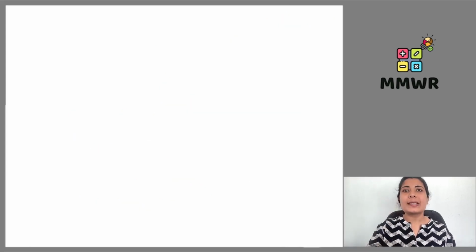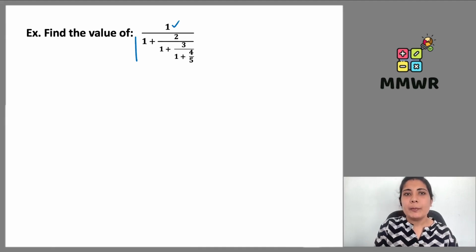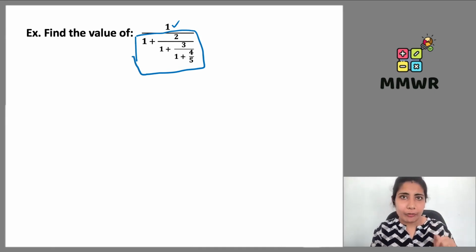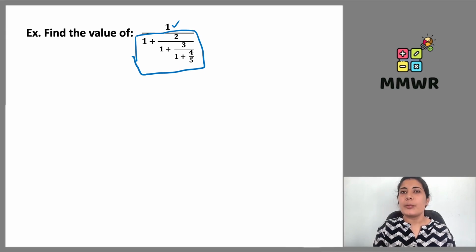Let's move to the next example in which we have to again simplify the continued fraction, but this time it is coming into the denominator of 1. So पहले हम 1 के अपॉन में जो continued fraction आ रहा है उसको simplify करेंगे, and then we will be writing it into the denominator of 1, and then of course reciprocal we will be taking. Okay, so 1 plus 2 upon 1 plus 3 upon 1 plus 4 upon 5, we will be writing this